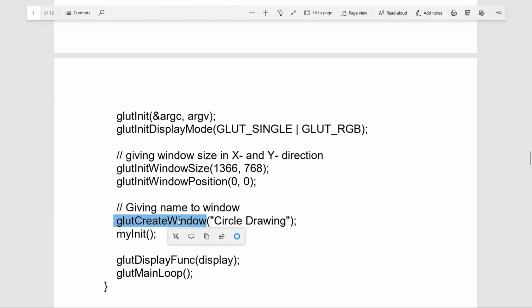Whatever display window we want is to be created on the screen, and this function is able to create a display window. The display window has the name circle drawing because we have chosen the sample application of a circle drawing program. I hope it is clear.